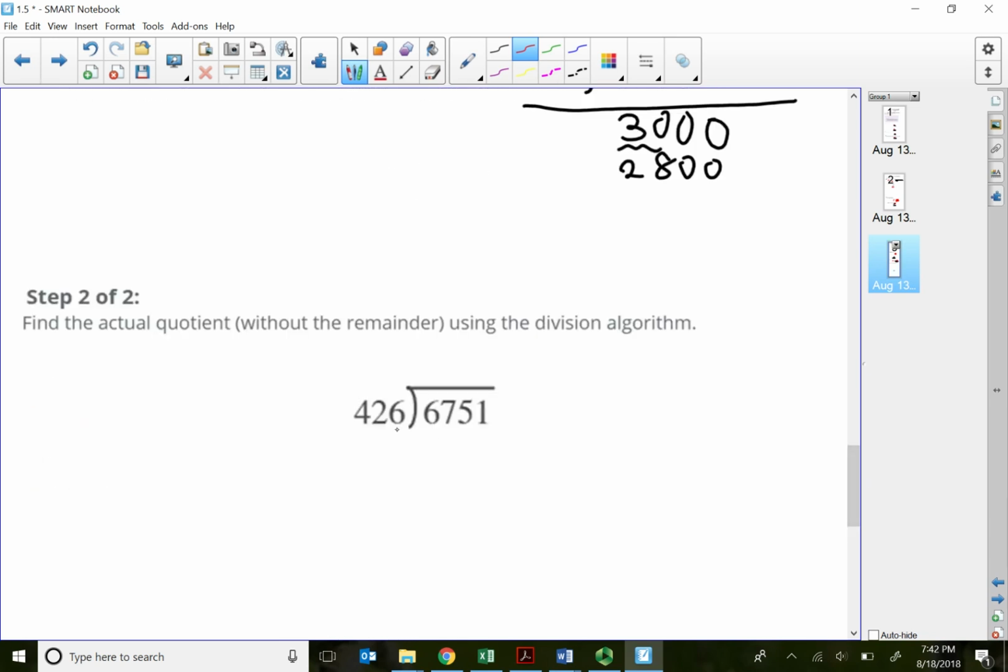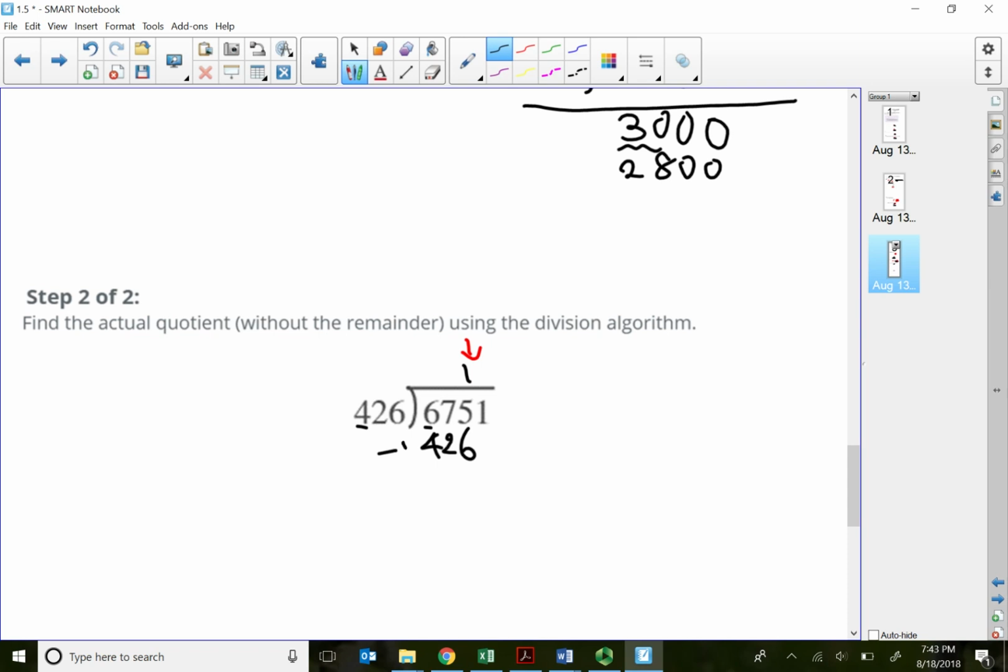So 426 cannot go into 667, but it can go into 675. So my first quotient goes on top of the 5. The first digit on the outside goes into the first digit on the inside. 4 going into 6 is about one time. Most of y'all can tell just by looking at it. So that will be